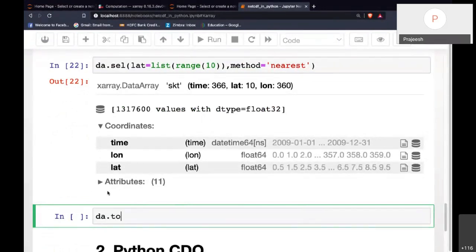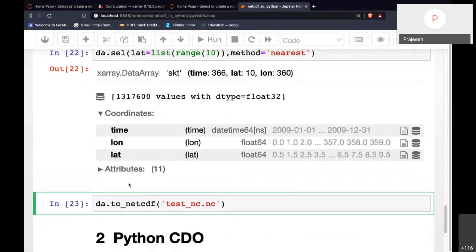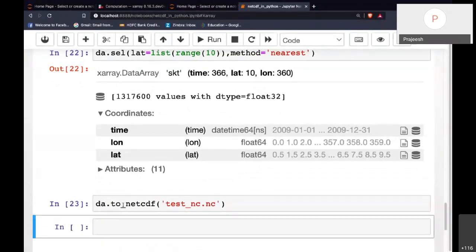So you can do da.to_netcdf and give some file name. Okay, so test.nc. Okay, so if I do this, yeah, so it wrote to a netcdf file.